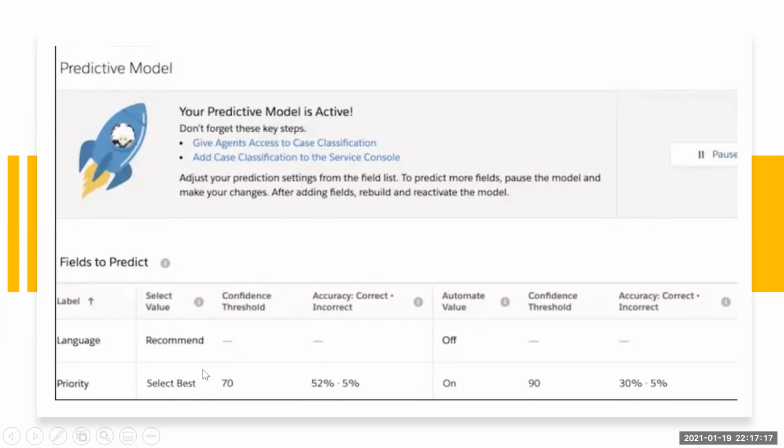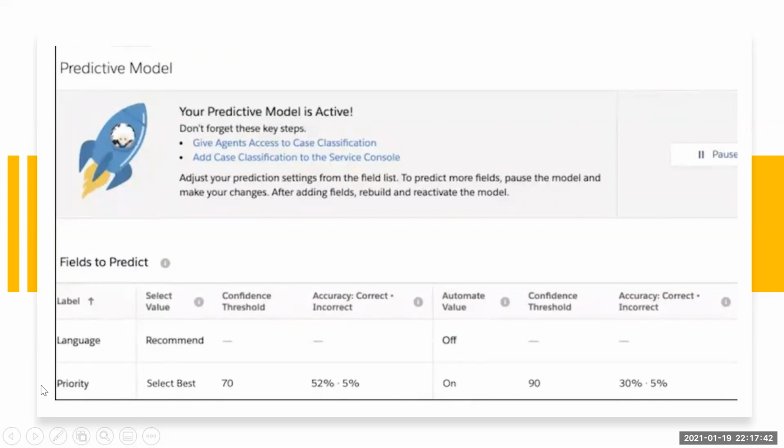So for the language, what I have done is I have selected the recommended approach, and auto update is off for it. That means it requires agent interaction, so it is not completely automated. Whereas for priority, it will select the best value, and automated value is on.